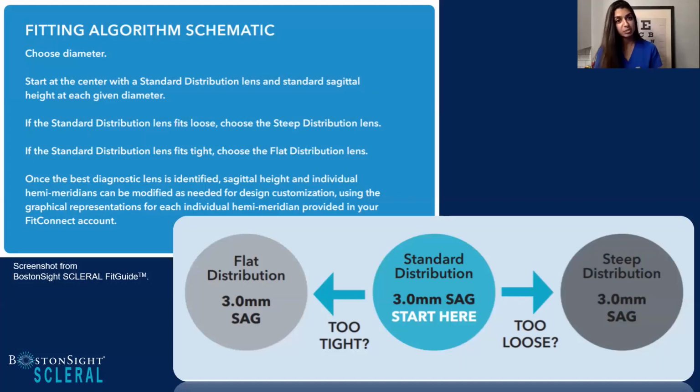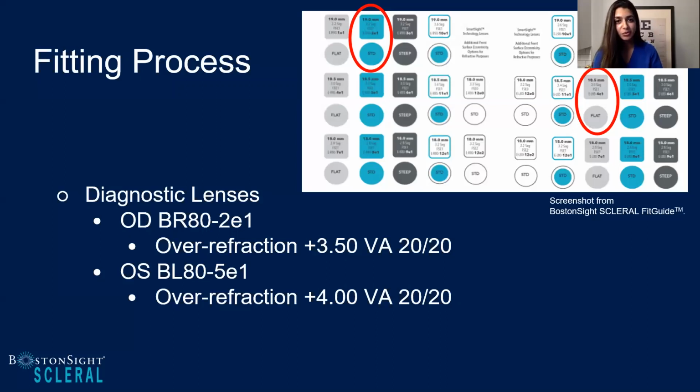So with this patient, I fit her with both the right and the left side. If we move on, actually, Shalu, to the next page, what we can see is I chose two different lenses in the end. For her right eye, I went to a little lower sagittal height. For her left eye, I stuck with my standard lens. And with an over refraction, she was 20/20 and very happy.